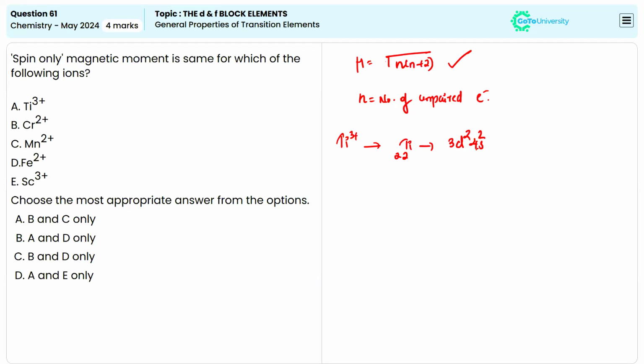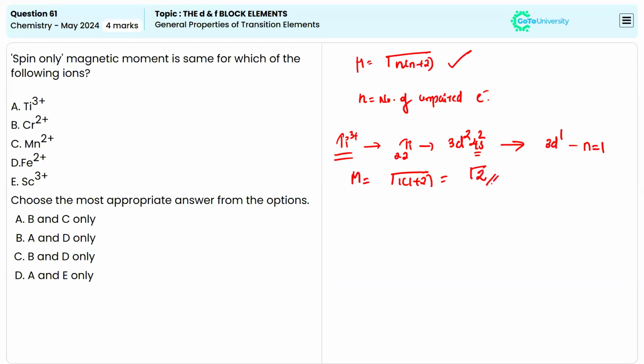That is also important. Here all the properties, color, magnetic properties, all the properties depend on the d subshell and the electrons in the d subshell. So in case of titanium, 3d2 4s2. When converting into titanium 3 plus, it becomes 3d1 because 2 from 4s and 1 from 3d will be removed. So this one electron will be unpaired, so n value will be 1, and we can find the value of magnetic moment,